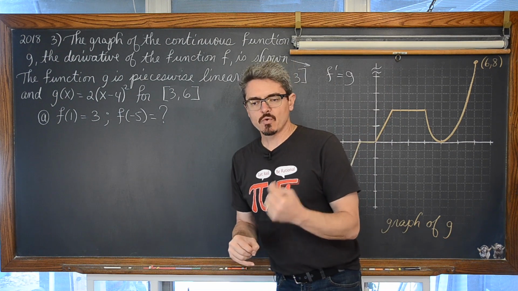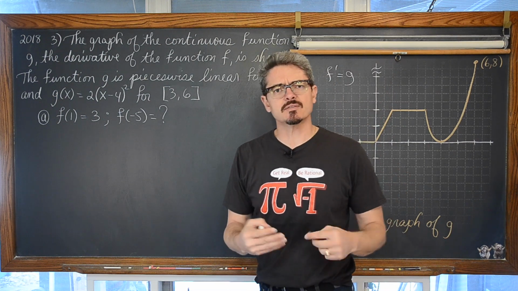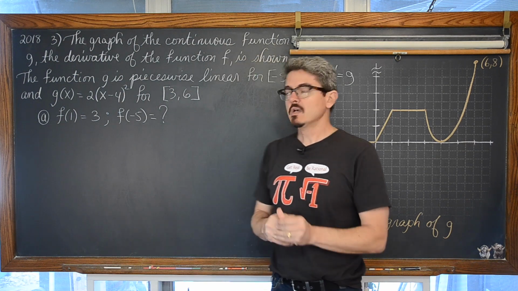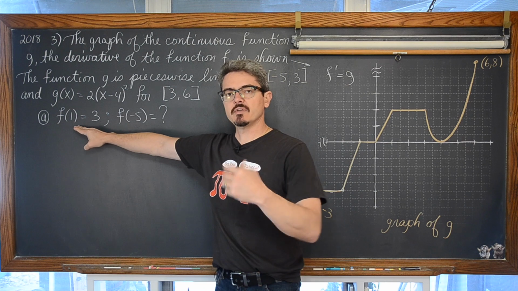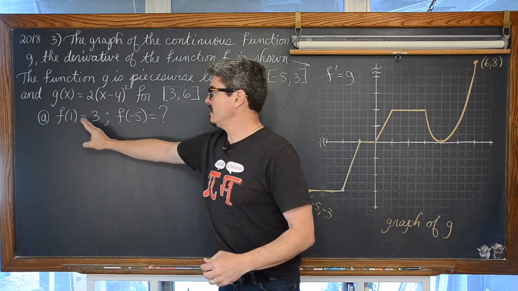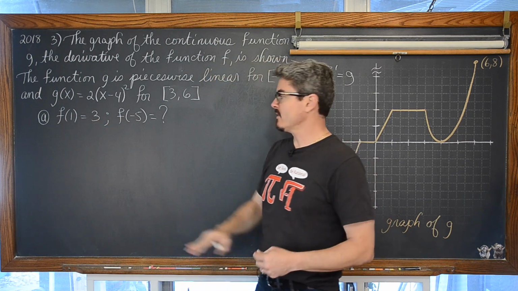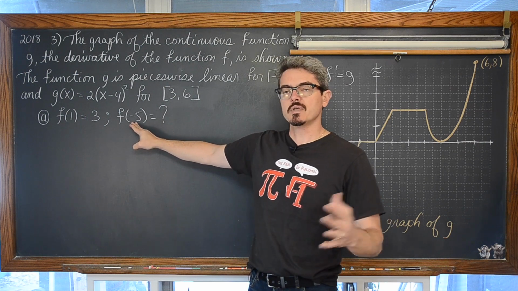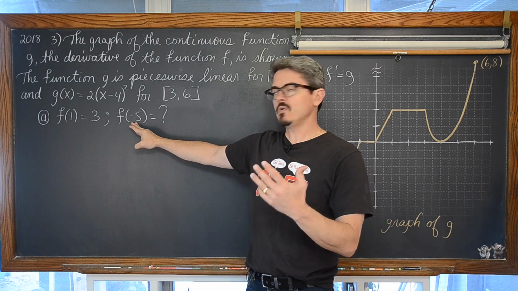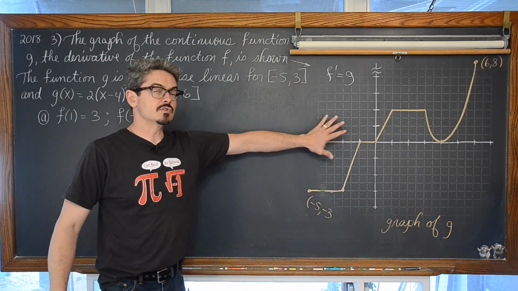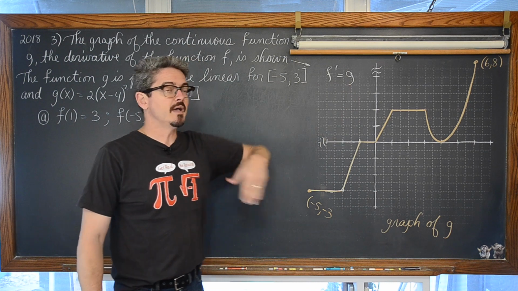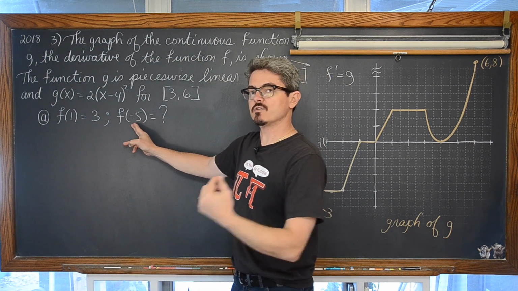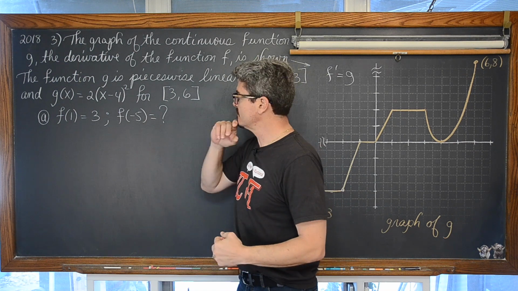Now, another thing to remember, I say this all the time in my classes: when you integrate a rate of change, you get an amount of change. So when they give you some kind of initial condition, f of 1 is equal to 3, and then they're asking you to find the value of this function somewhere else, you're going to be accumulating as you integrate this function g, which is really just f prime. As you integrate the derivative of f, the rate of change of f, you're going to get an amount of change.